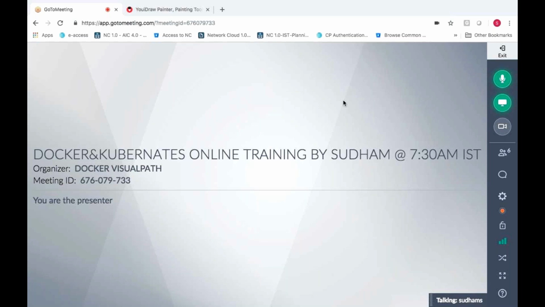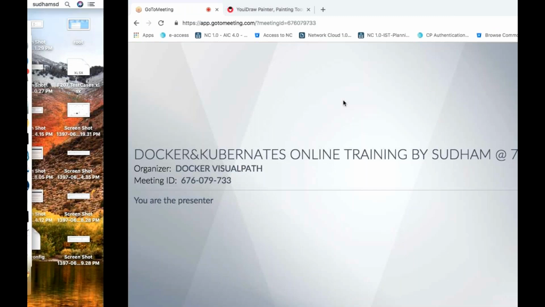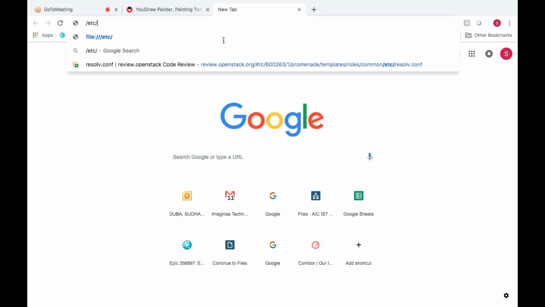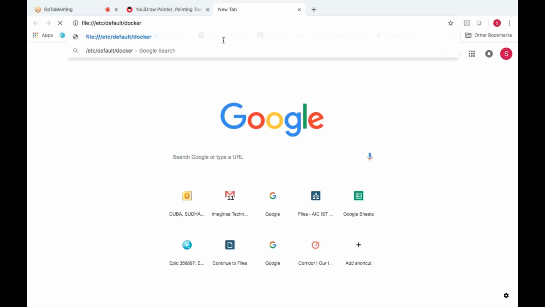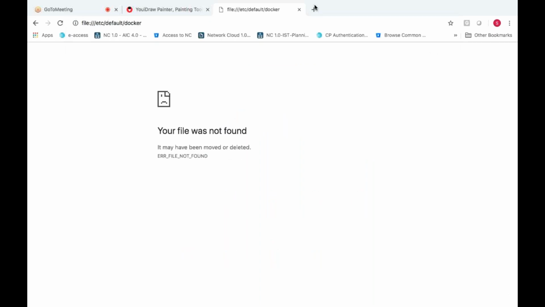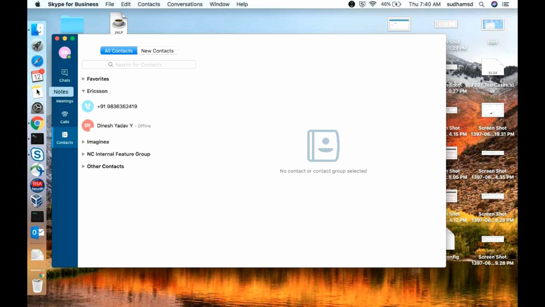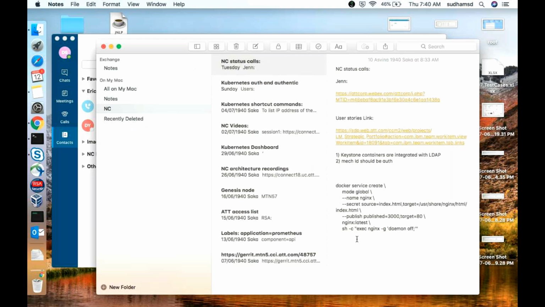we have a file called /etc/default/docker. I will show you here. In this file, we need to modify one particular parameter. So let's say this is the file. How will you modify it? What are the parameters we need to modify? Open this file using an editor, like /etc/default. Let me show you in practice.